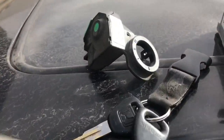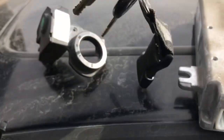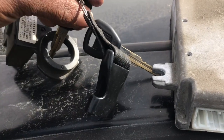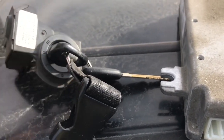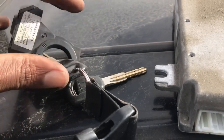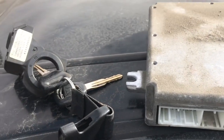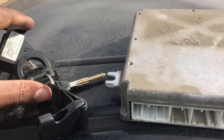And also, if some people don't know what the immobilizer is, it's just this little thing that goes around the keyring. If you don't want to use the immobilizer, you just want to have it around to use the ECU, you just zip tie it next to your ignition. You don't have to actually replace it if you want to use your stock key instead of using this key. So it's just this and the ECU, and that's the completion to start any RSX if you want to use the immobilizer